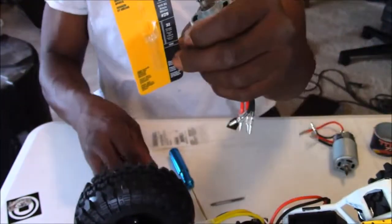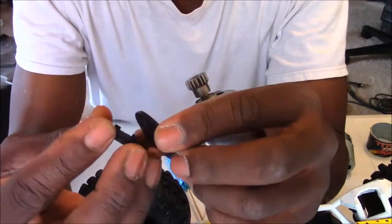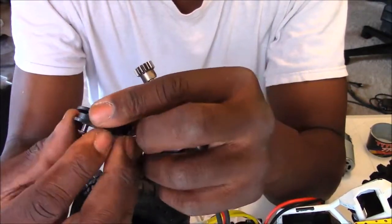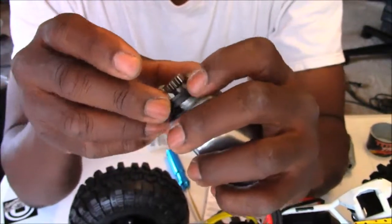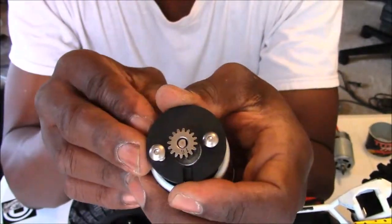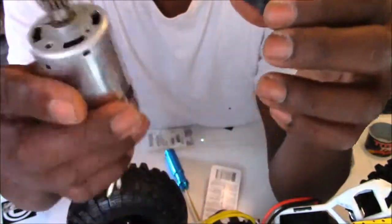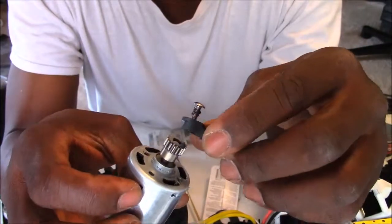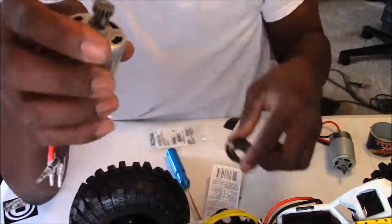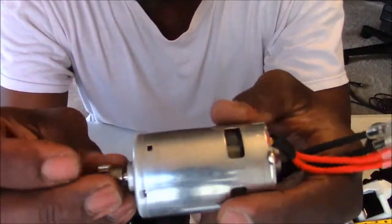Once you have the hole threaded, you can successfully mount it. Let me see if I can do it for you here real quick. Hang on a second. I'll just do it so you guys can see that it works. Bam! It will mount successfully to this motor. This motor mount mounts successfully to the motor, which is really awesome. So now I'm actually able to run the 775 motor in my Axial